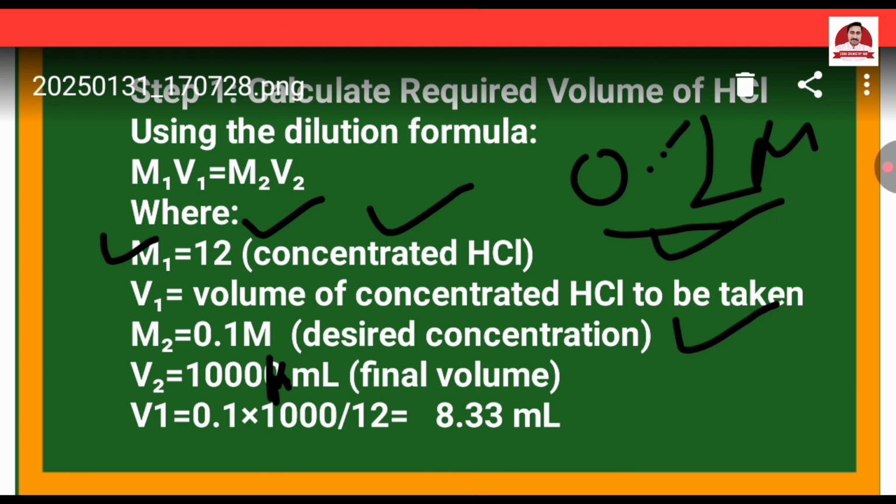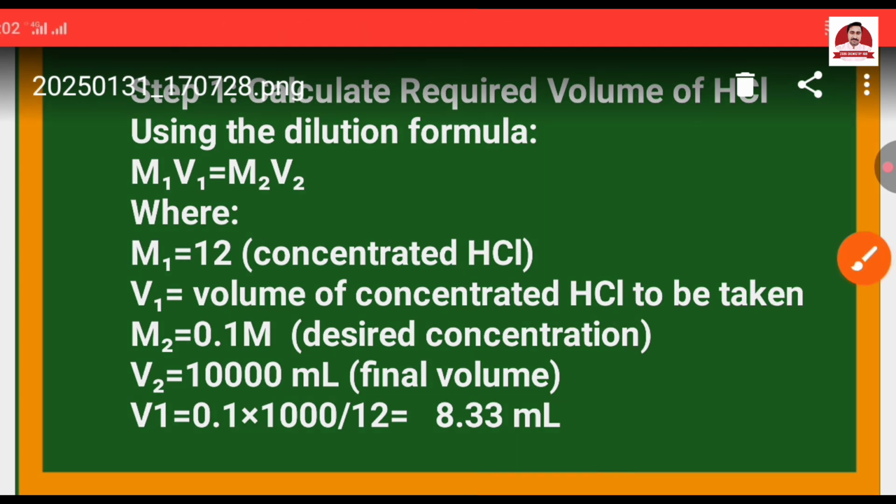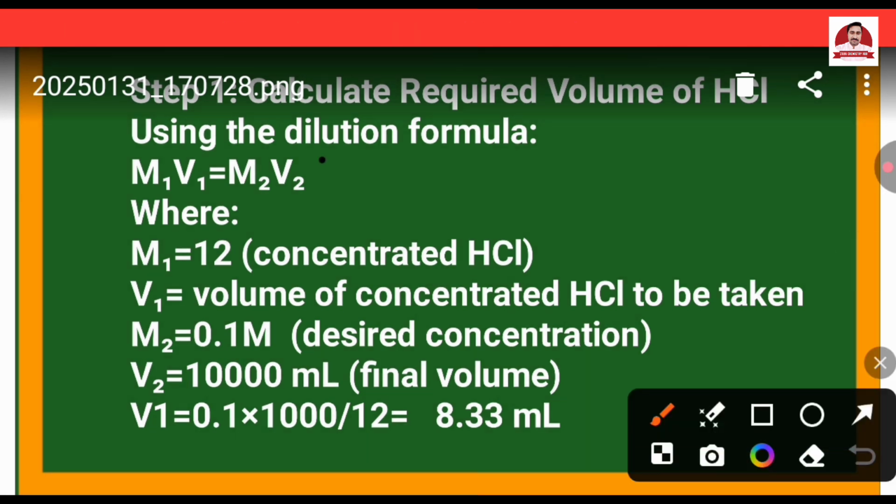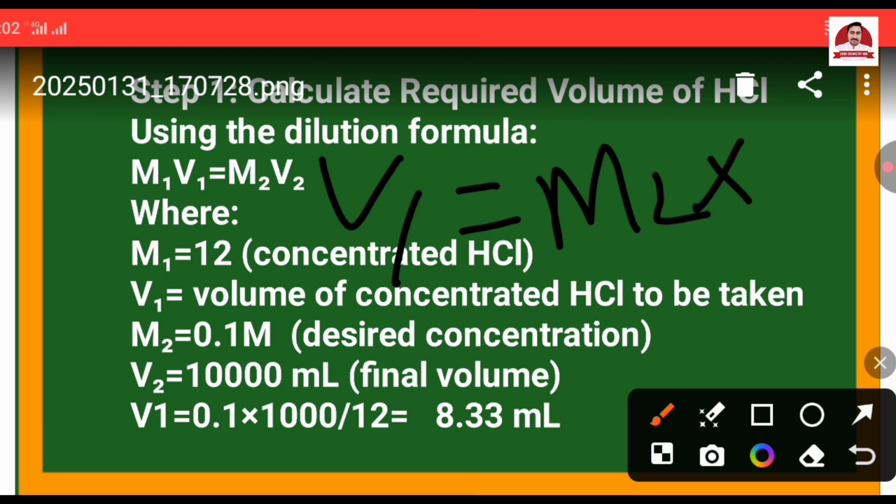So we put the formula as we have to calculate V1, so we write V1 is equal to M2 multiplied by V2 divided by M1,